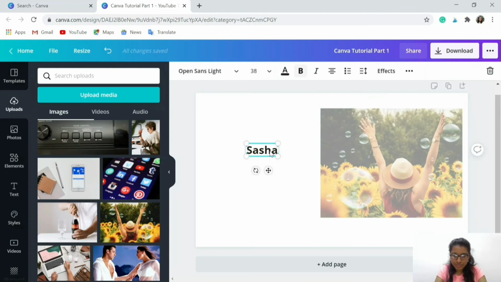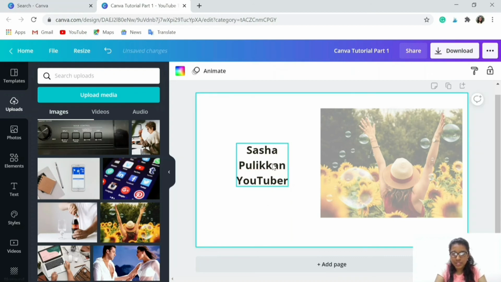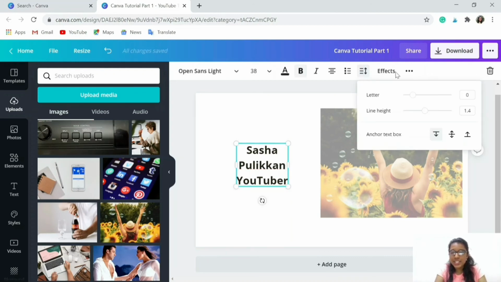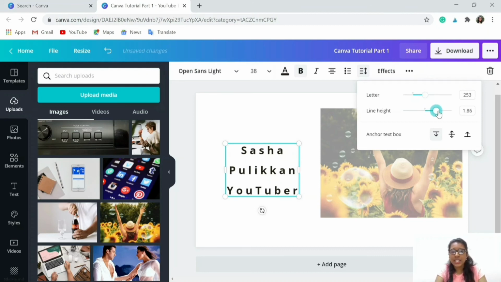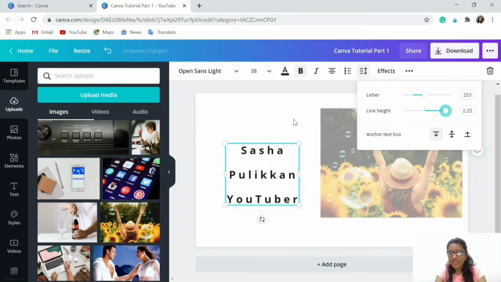So if I'm adding 2-3 lines here, writing my last name, I'm writing YouTuber, now with this line and letter height spacing, we can increase and decrease the gap between the letters just to give some sort of effect or make your design look more attractive. And you can also increase and decrease the line height.